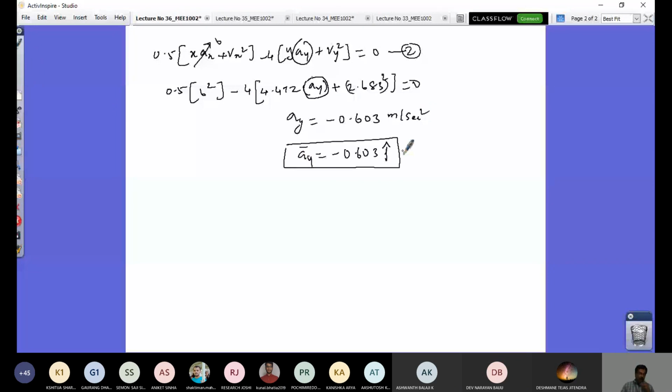So you are able to find the magnitude and direction of acceleration and velocity at that position. This is how you can solve the problem. It's a simple problem. It is not for 10 marks, it may be for some 3 or 4 marks, so one can just substitute and solve. Now let us look at